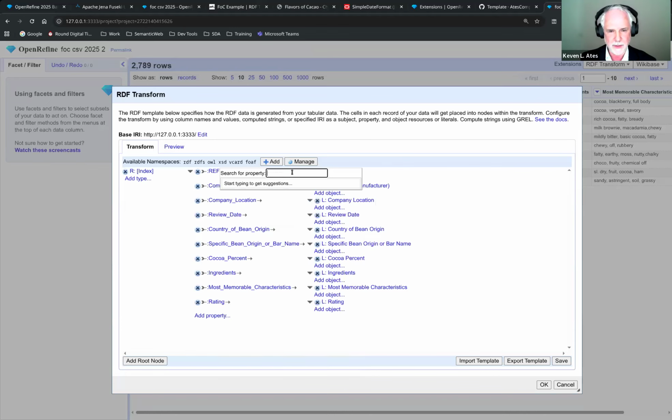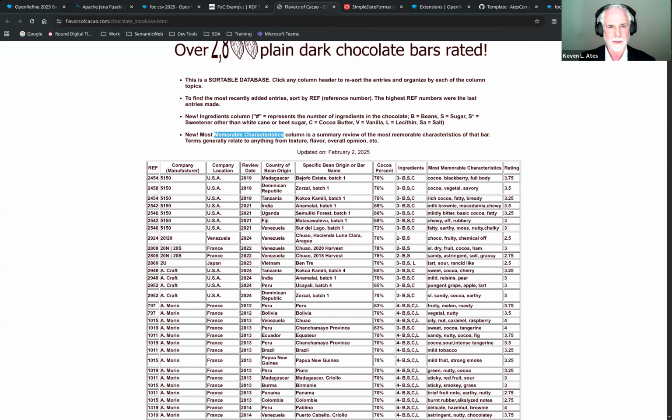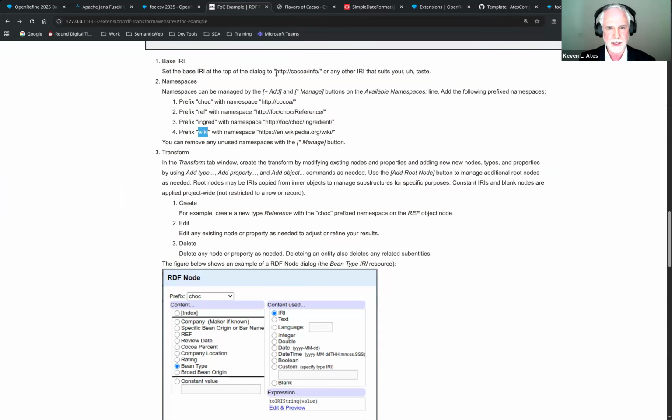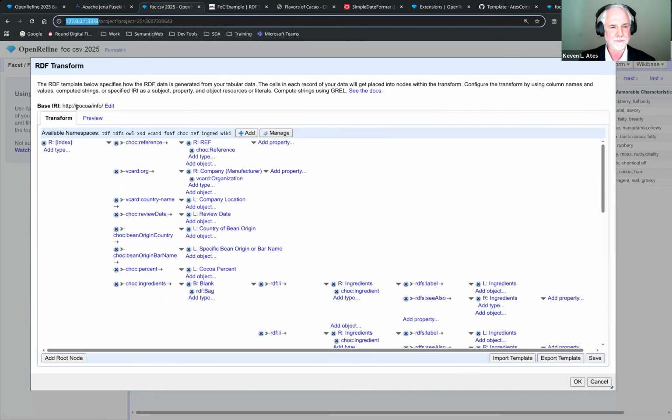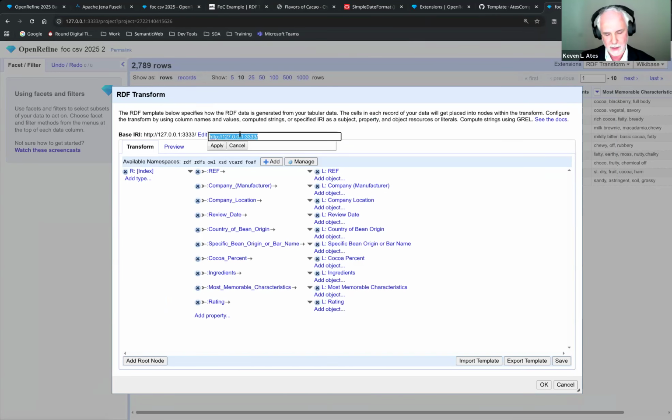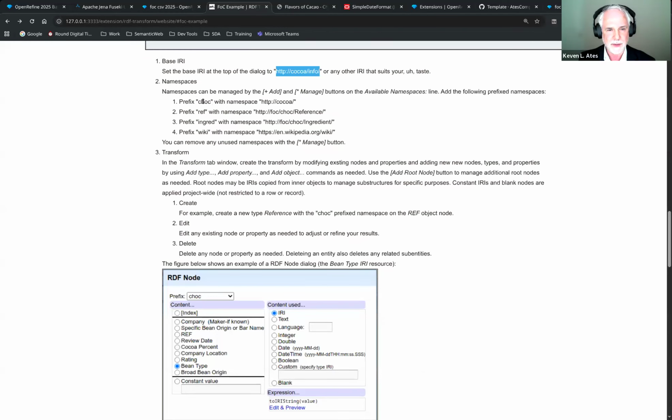Okay, so what we're going to do is add a few, and we'll go back to our example, and it says I need to change the base IRI to this Coco or Coca. So we did that here. And that one, this is the good one. Hit apply. And then it says in our example, we need to add some prefixes. So chalk is going to be this Coco